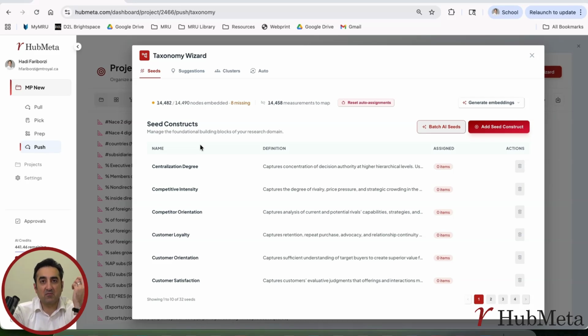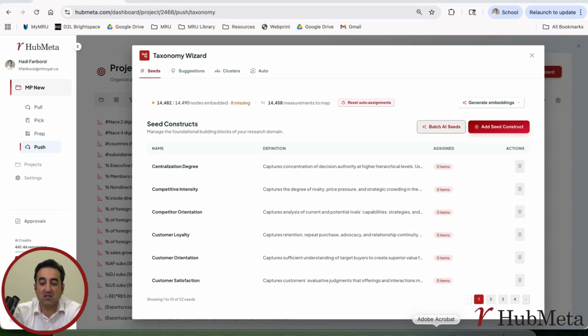Usually, this comes from theory. This comes from you. You are the expert in your field. You are the one that has defined this project. So you know better what are the constructs that you absolutely want to measure here. Usually these are the things that would go into your final model to do the analysis. Of course, your main independent variable or variables, dependent variable or variables, and all the control variables are the things that